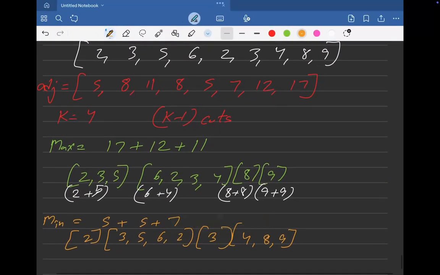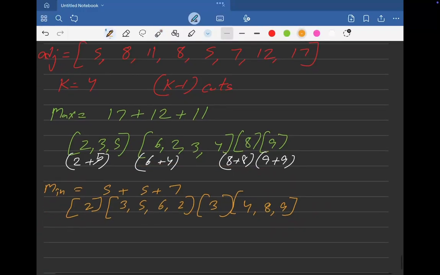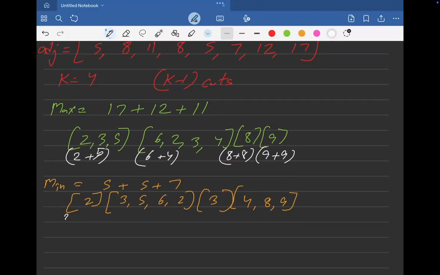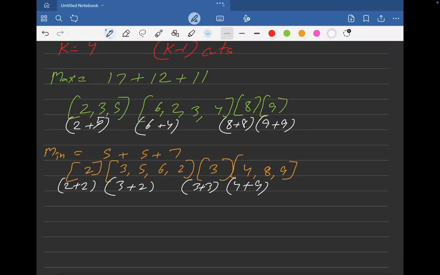So I have divided this subarray into 4 portions. First I will make a cut on this index, then make a cut on this index, then make a cut on this index. So it will divide into 4 portions. So this is my minimum, and let me write the cost. So it is 2 plus 2, it is 3 plus 2, it is 3 plus 3, it is 4 plus 9. So if I do max minus min,